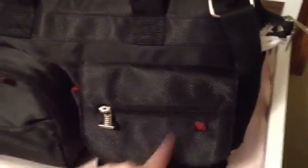And so the camera and chargers will all go in here, and then the roll of quarters will probably go right here in this little passy pocket. And then also on the outside I've got